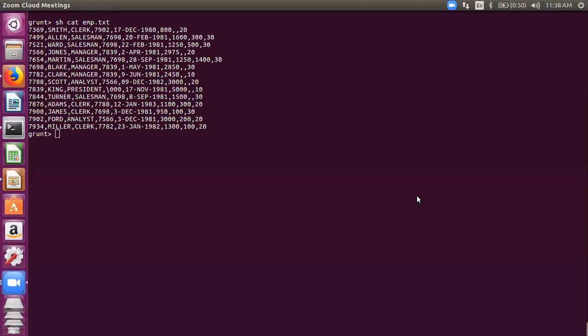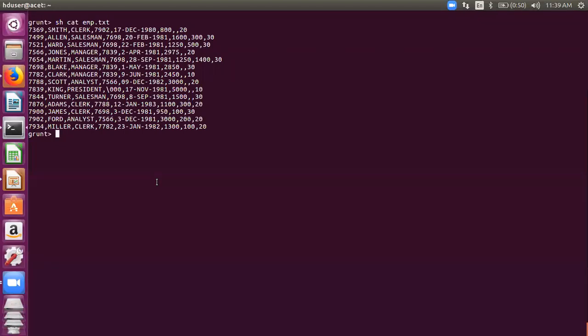Money is very quick. Okay, Money, go ahead. Money, unmute yourself. Yes, sir. I think it means null value. Yeah, null value. Correct. So wherever you don't have a value in a data set, remember you will be dealing with a lot of data sets in future, wherever there are 2 commas, that means one particular column has a null value. So after 800, we have 2 commas. That means this employee Smith does not get a commission. And nulls are treated differently. You know it, right? Nulls are treated differently.